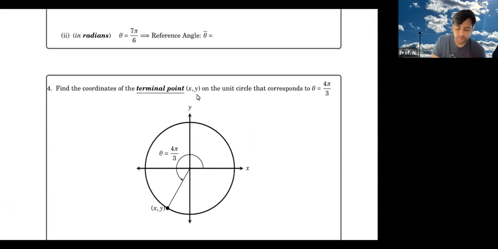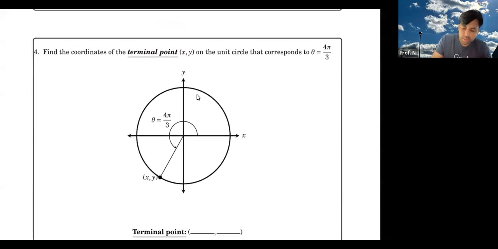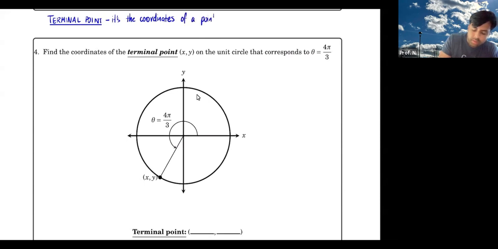But one thing I want to talk about is the terminal point. So I want to talk about what the terminal point is. So let's make a little definition. What is the terminal point? What does that represent? It's the coordinates of a point on the unit circle